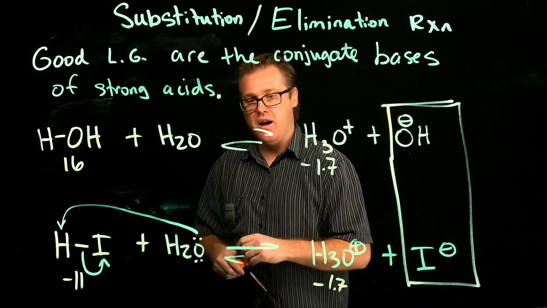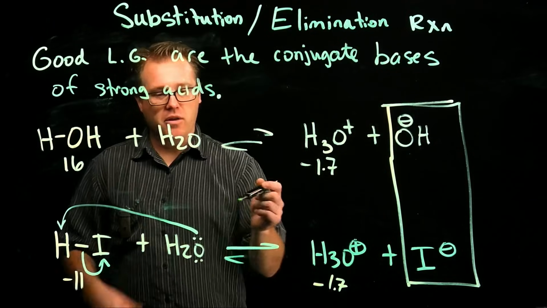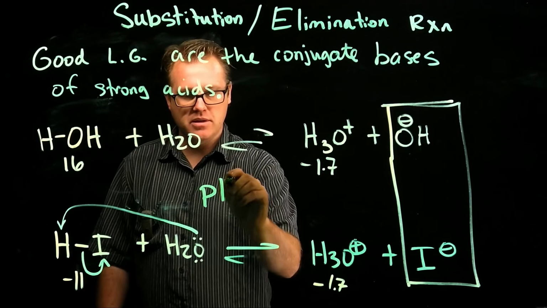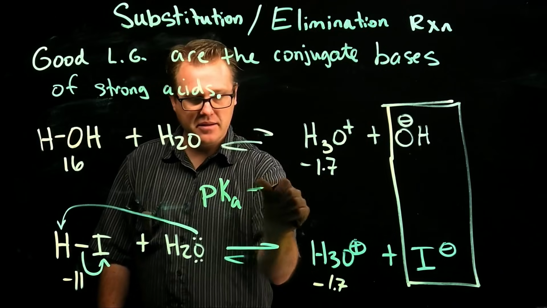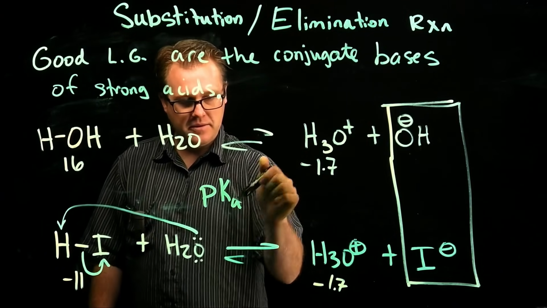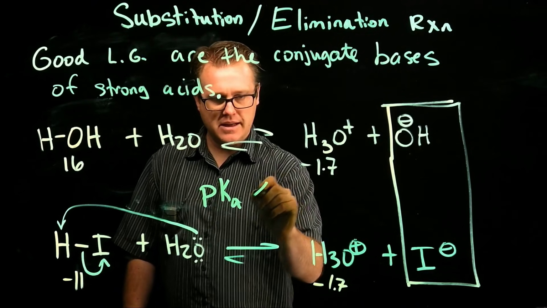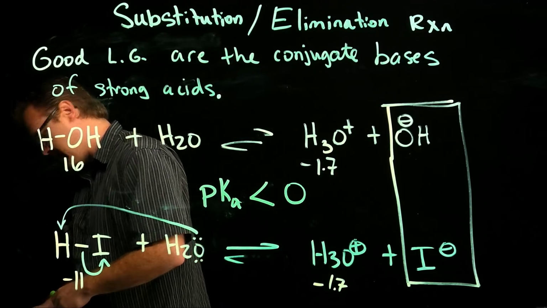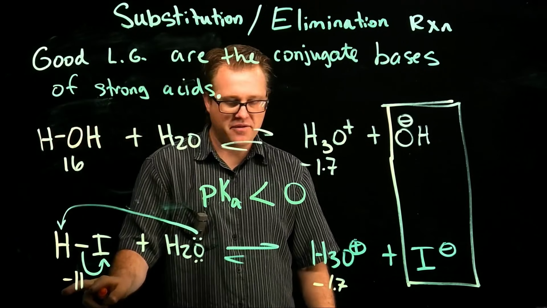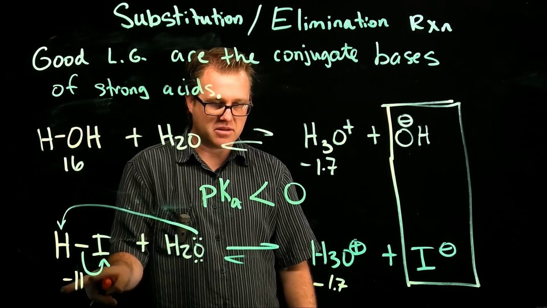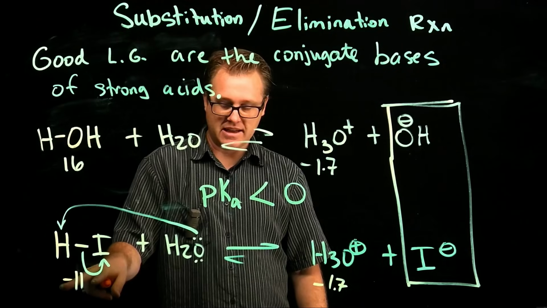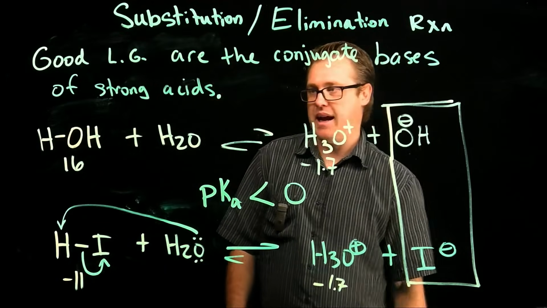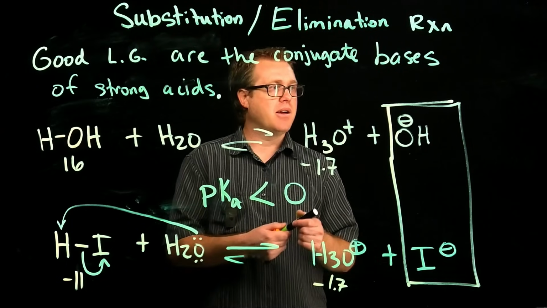So a good rule of thumb is, in order for a leaving group to be a good leaving group, you want to look at their acid forms, and you want their pKa, okay, to be what? Less than 0. See if I'm writing that down right. Yeah, you typically want negative values for the acid component. And then if it has a negative pKa, then the conjugate base of that acid is going to be a good leaving group. So if we come back to our example here,